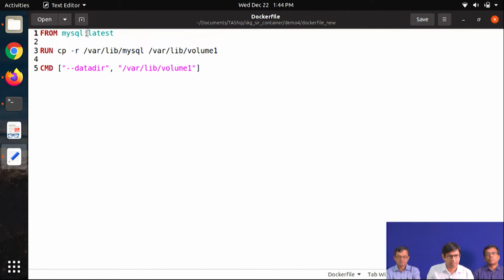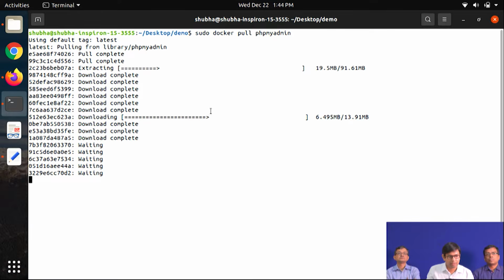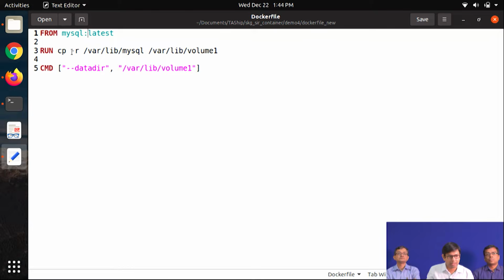We'll use the MySQL image that was pulled before this step. On top of that we are copying the /var/lib/mysql directory to our customized directory, volume 1, and we specify this customized data directory. This helps in saving the database when the container is removed.